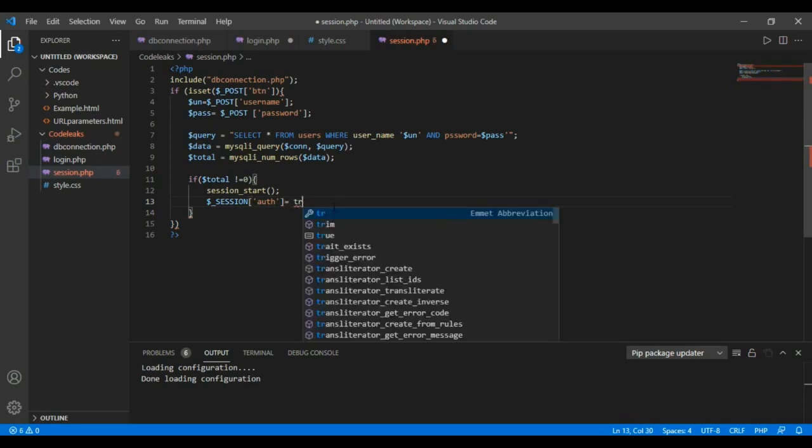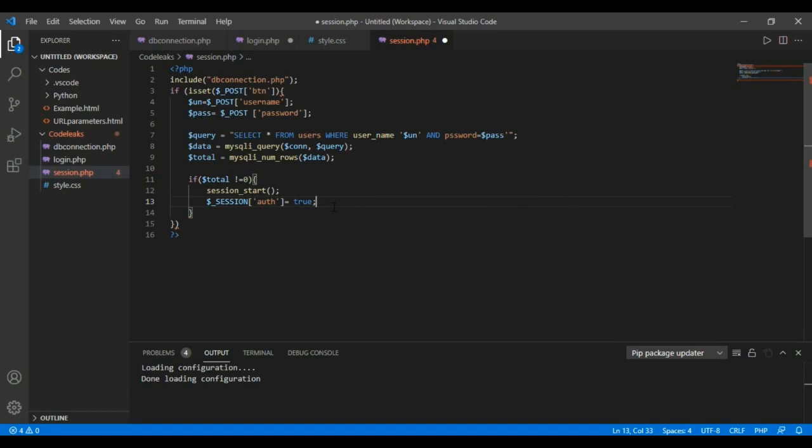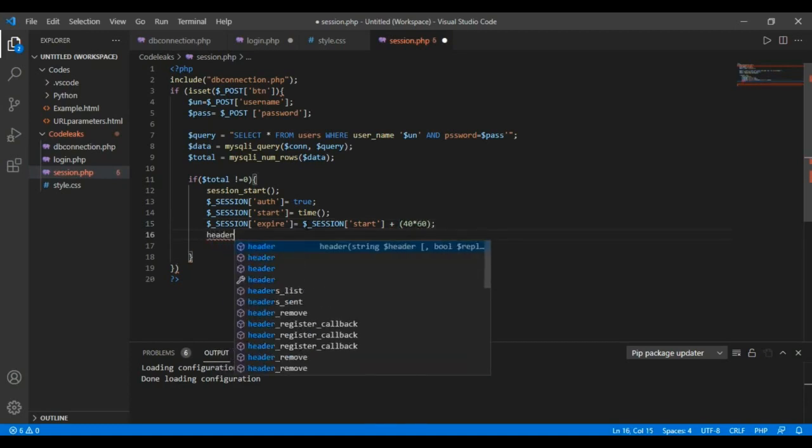What we have done is, when the authorization is true, we will set a session variable, that is $_SESSION, and we will take here start. That will be initialized to store the time of login. Another variable will be having expire to calculate the time which we will use to destroy our session. So here we will multiply our 40 minutes with 60 to convert them into seconds. You can change the value 40 minutes as per your requirement. Here I am doing this for the demo purpose.